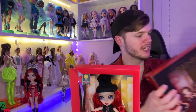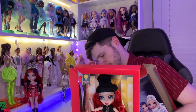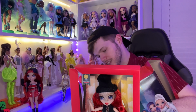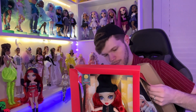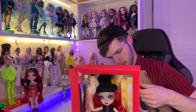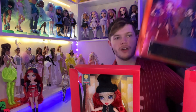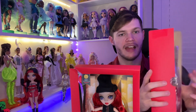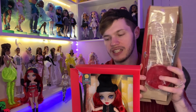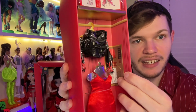Anyways, I'm about to put the box down, but we still got to get out the other half of the outfit. This part's really cute because it kind of looks like a classroom. Let's see if I can get this part out without tearing. Okay, nice. I got this part out fine. So I'm just gonna put the empty shell box to the side. I think this one's really cute. We have her stand in the back, which of course we'll take apart. Set her right there. But right here we have this, and it's like a little